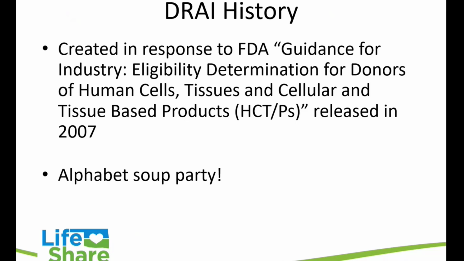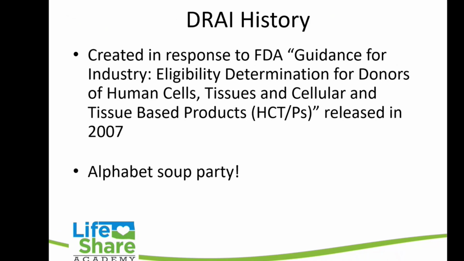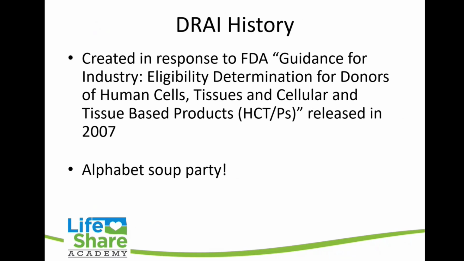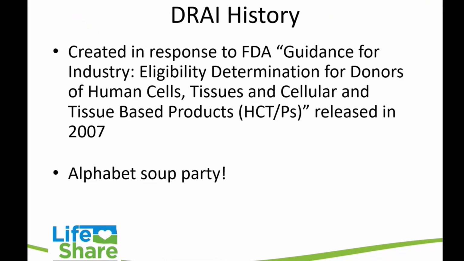In 2007, the FDA released guidance for the tissue industry when it comes to screening. In response to this, a task force was created called the Uniform Donor History Questionnaire for Organ, Tissue, and Eye Donors. This task force takes regulations from a whole alphabet soup, including the AATB, which is the American Association of Tissue Banks, AOPO, which is the Association of Organ Procurement Organizations, EBAA, which is the Eye Bank Association, and FDA. There were also other commenting groups, including UNOS, AST, ASTS, HRSA, NATCO, and probably a lot more.